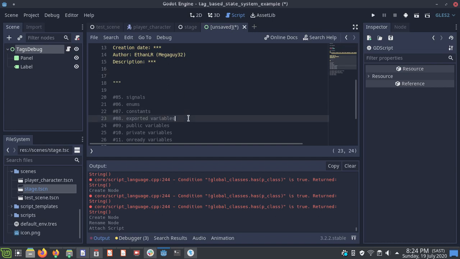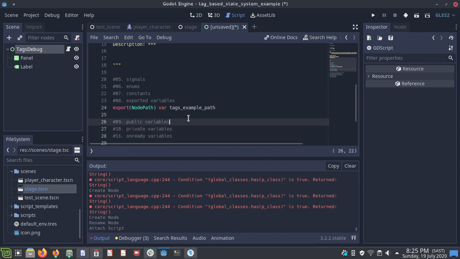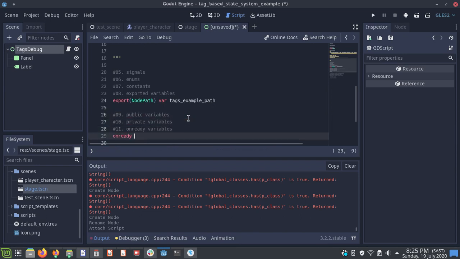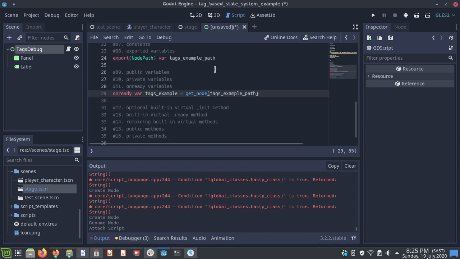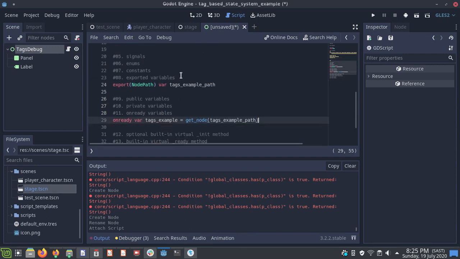So we'll export the node path, and let's just call this tags example path, and then public variables. No, it's actually onReady for tags example is equal to get node tags example path. Right, now we'll be able to refer to the tags object, and what we want also is